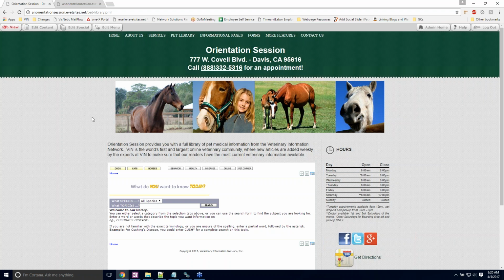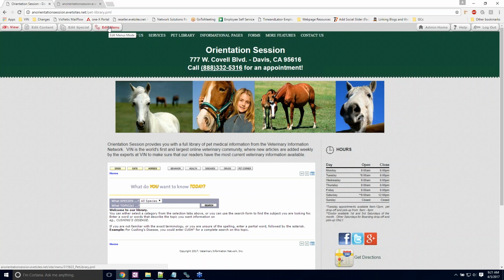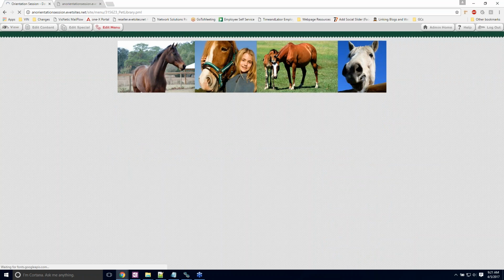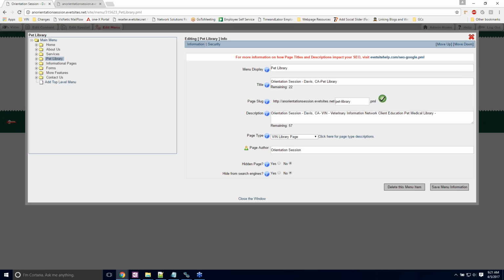All right, now, Edit Menu. Once again, Edit Menu is just changing the actual pages for your site, hiding pages, and so on. So you have your main pages right up here, and these are what are displayed on your menu at all times. If you click into them, you'll see that it'll have the next level of pages,